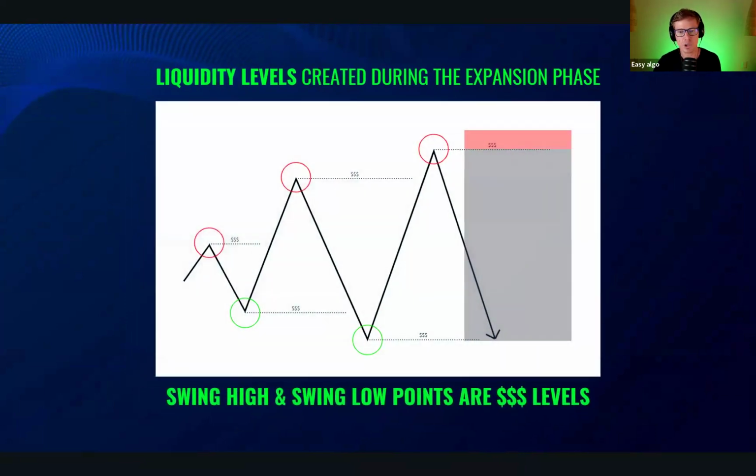So these liquidity levels are created during the expansion phase. The expansion phase is the third phase in the market cycle, where price likes to expand above and below the value line. At each swing, it will create a liquidity line that it will come back and break. You see it comes up, forms a liquidity line, then goes up, takes out this liquidity line, comes down, takes out liquidity, takes out liquidity. This is designed because it knows the retailer is setting stop loss levels here and here. This phase is just designed to completely wipe out stop loss levels, extracting your liquidity, filling their positions so that they can move price